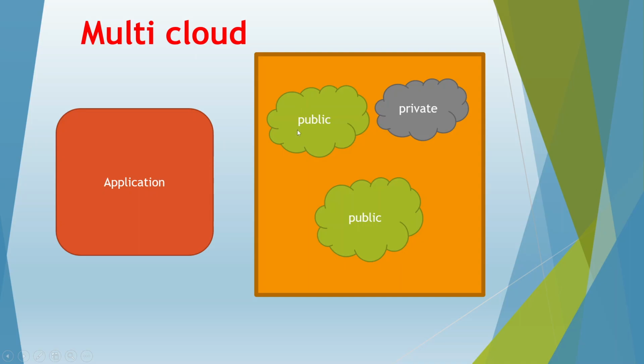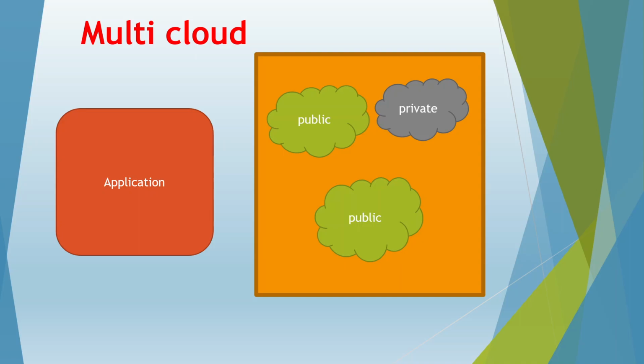In one cloud service provider's public cloud, and in another cloud service provider's public cloud, you can deploy a different set of applications. So multi-cloud is all about deploying your application into multiple deployment models, and also provided by multiple